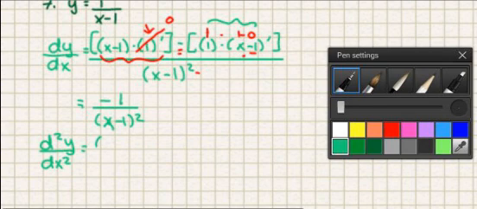So we're going to take the denominator, that is squared, and multiply it by the derivative of the numerator,